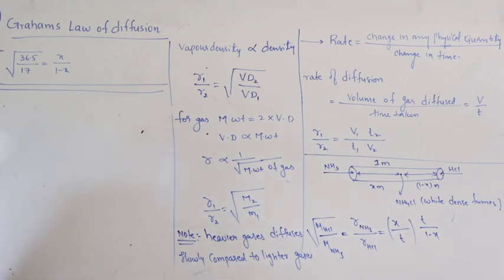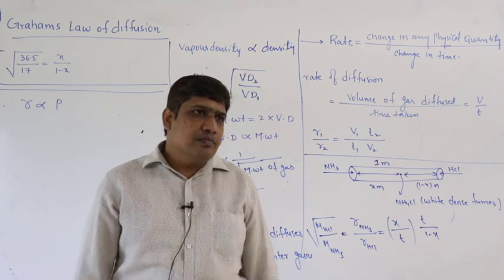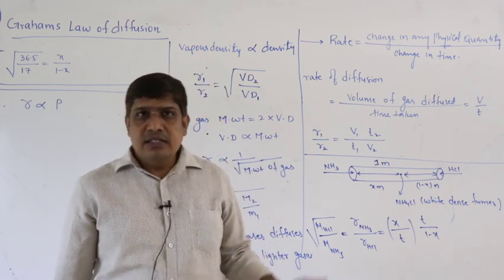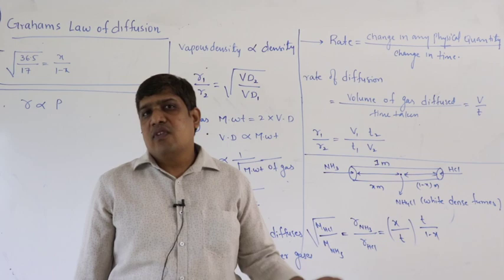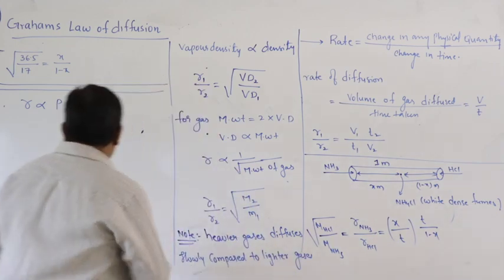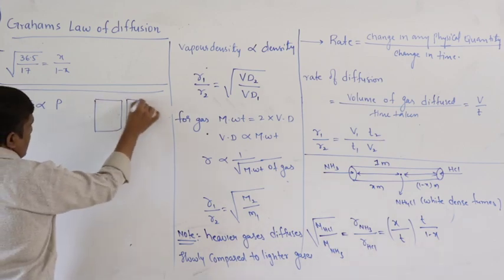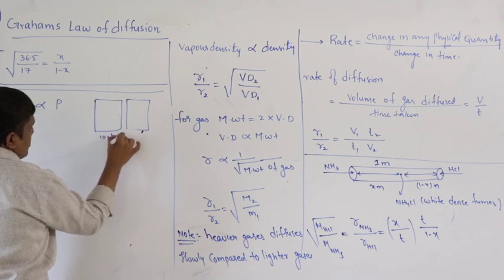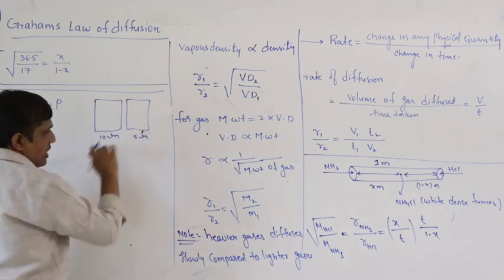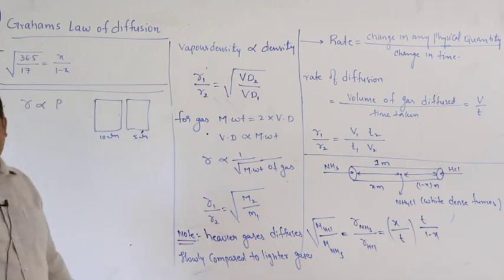Suppose pressure is not constant, then what happens? Then rate is proportional to pressure of the gas. For example, let us consider a cylinder which has 10 atmosphere gas, and the same cylinder where you have a gas at 5 atmosphere pressure. So imagine a situation like this: same gas, here the pressure is 10 atmosphere, here the pressure is 5 atmosphere. Everything else is the same: volume, temperature, nature of gas, amount of gas, etc.